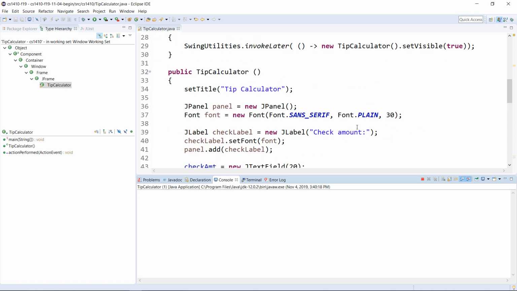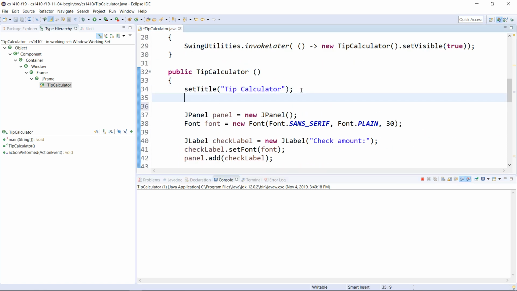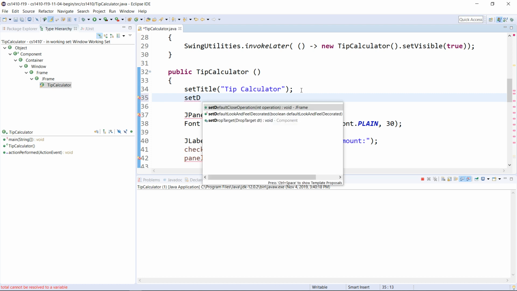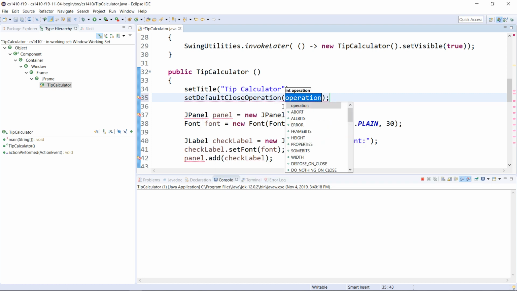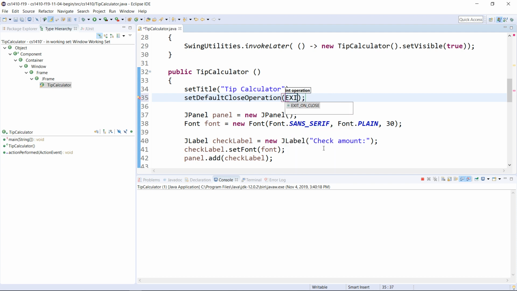One little thing I forgot to do up here. When you create a JFrame, there's this method called setDefaultCloseOperation. And the operation is called EXIT_ON_CLOSE. So what was happening before is when we tried to X out of the application, it was just hiding the window, but it wasn't actually ending the program. So this makes it so that Xing out actually kills the program. You don't end up with all these pent up things. Okay, so